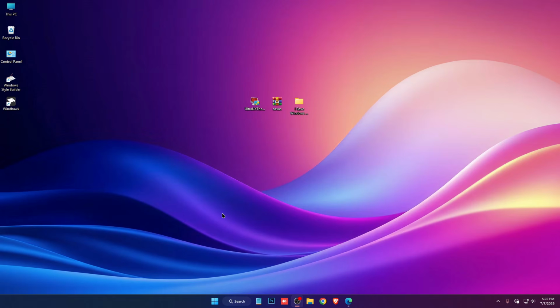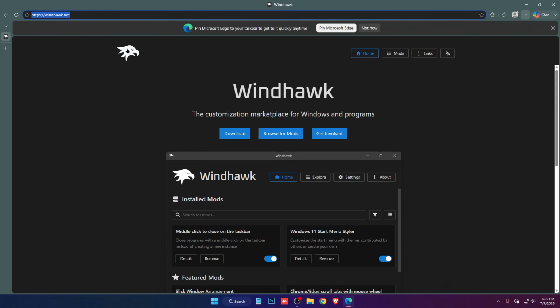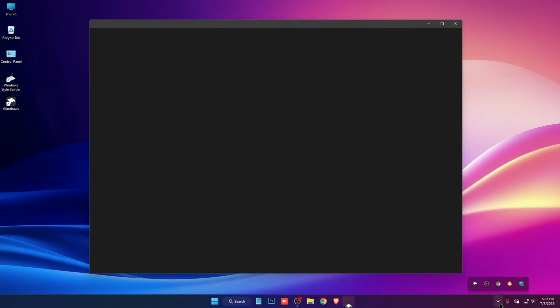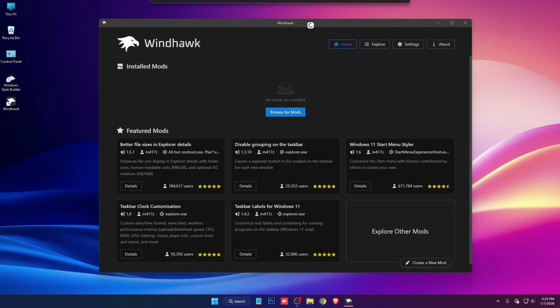And now for further customization, you have to download and install this tool called Windhawk. Just go to its official website and click on download. After downloading, you have to install it. It is pretty easy to install. After installation, you'll see an interface like this. And now we have to install the icon pack. First click on browse for mods